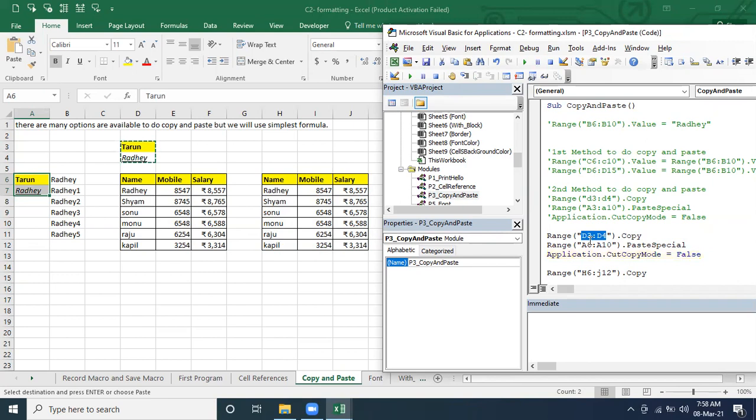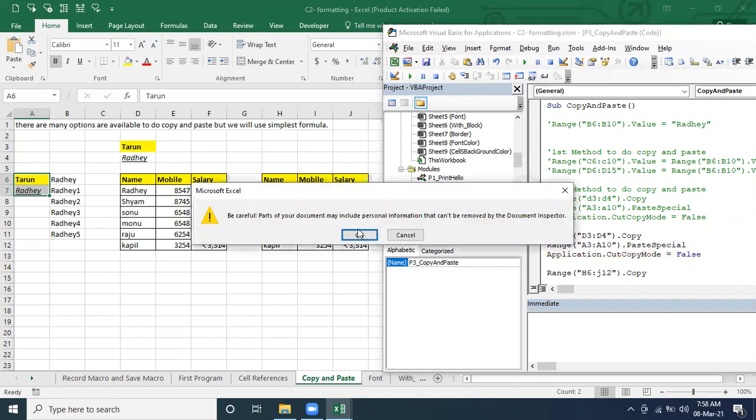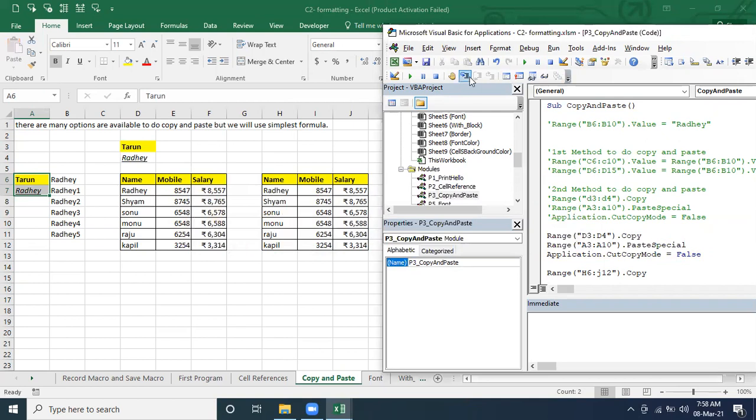Let's see what is going to happen. Why is it doing this? Let's see. If we pick from A3 and paste it once again, how is it going to work? Copy and it's going to paste. You see? Now it's going to paste everywhere. So sometimes it's going to paste everywhere and sometimes it's not going to paste everywhere. Correct?